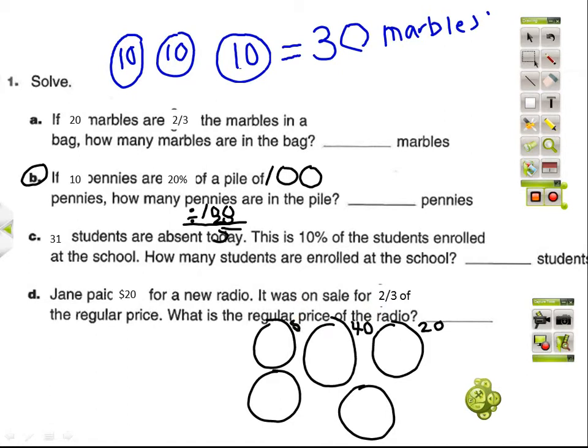Don't erase yours, and Owen, don't erase what you wrote. Ben and Noah have very similar ones. And then after I drew my circles,